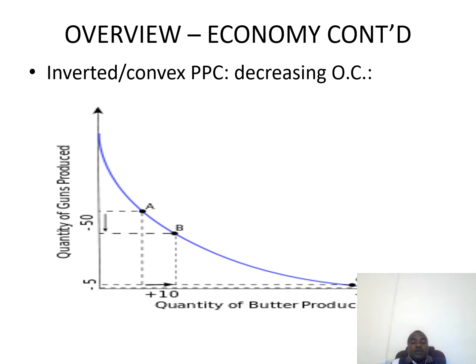So we can see, when we consider the modulus of the result in terms of our MRTs, that the slope actually declines from an MRT of 5 to an MRT of half, which implies decreasing opportunity cost, maybe due to economies of scale, or dynamic economies of scale as the economy improves.